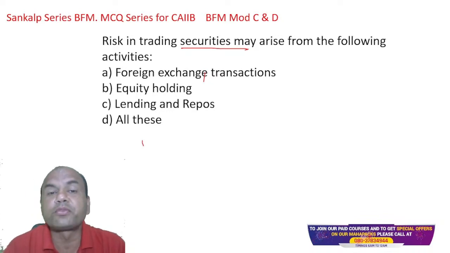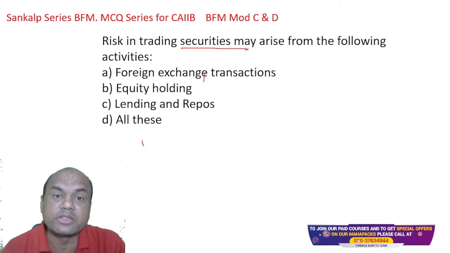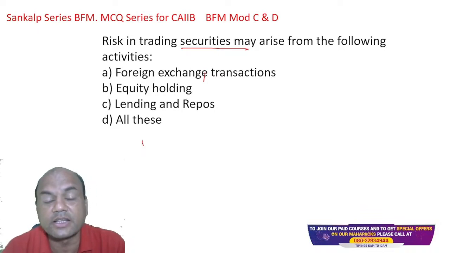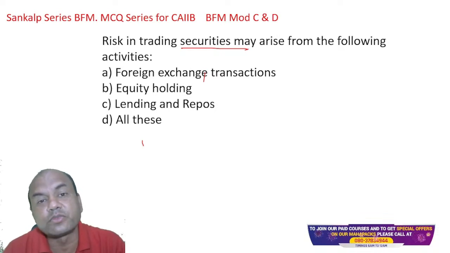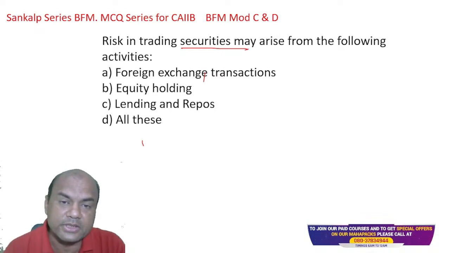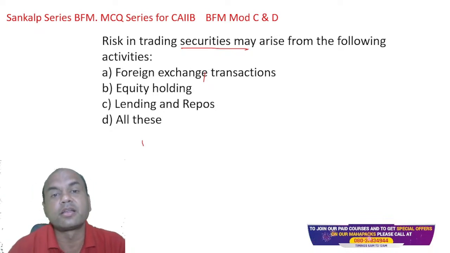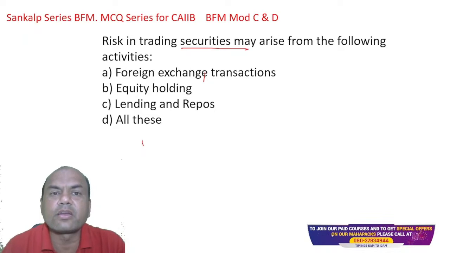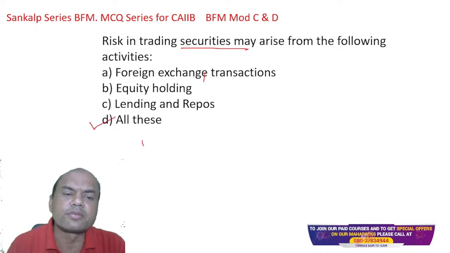So if tomorrow, after 6 months, or let's say after 3 months, the repo rate decreases, then the rate at which it was given earlier is at a higher rate. Let's say it is 5%, example I am giving you. After 3 months, it becomes, let's say, 4%. So the one who is holding the 5% repo will be at an advantage. So that's why it is traded. Trading is done wherever there is a gap in the interest rates. Trading is done everywhere. So the answer is all of these.